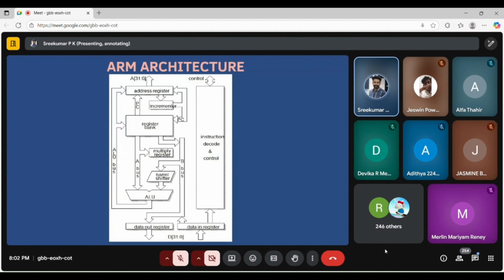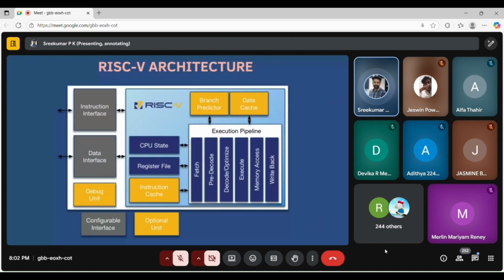So everything is common, but how the instruction is fetched and decoded is maintained by the instruction set architecture. That is what RISC architecture and CISC architecture are doing, and it will change from manufacturer to manufacturer. If you are using ARM architecture, it will follow this one. Or else, if you are using RISC-V architecture, it should be like this.